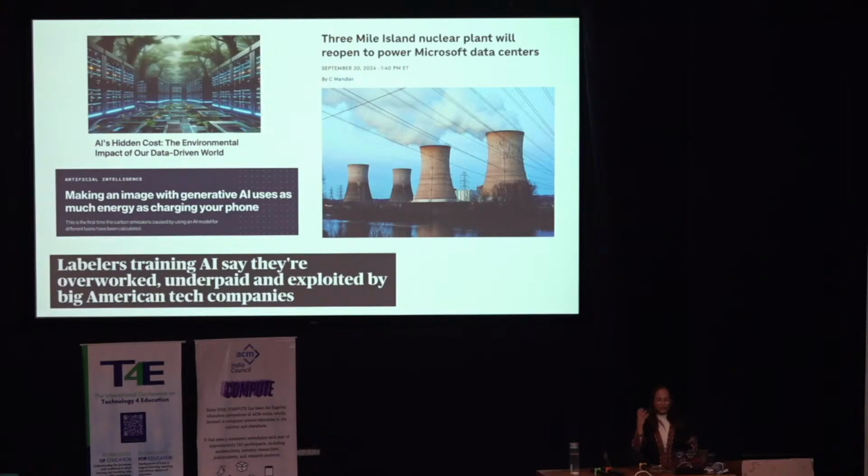And issues also like climate change, the catastrophic environmental damage that training these models is wreaking, and the exploitation of labor in India and Kenya, in the name of human in the loop, they're basically exploiting labor